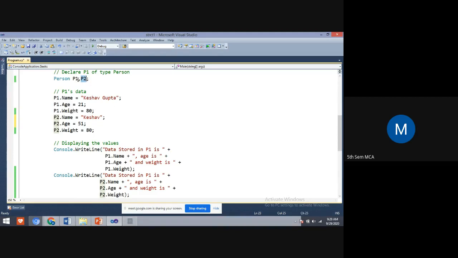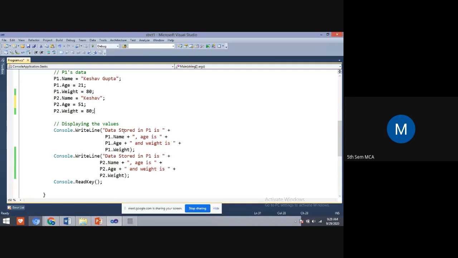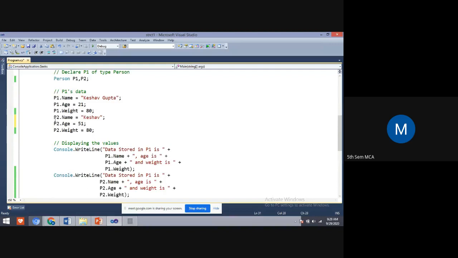If you use an array, then here you have to declare the array. Then, to take input from the user, you have to put a for loop and take input until the condition becomes false. That you already learned in your C and C++ programs. Here I have taken one more variable, P2, and I am displaying the second person's information. In the previous output, it was displaying only Keshav Gupta, age 21, and weight 80.